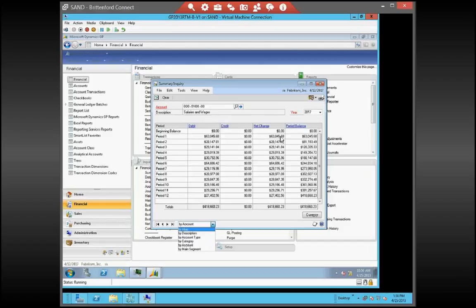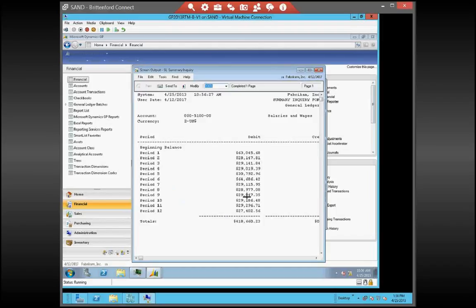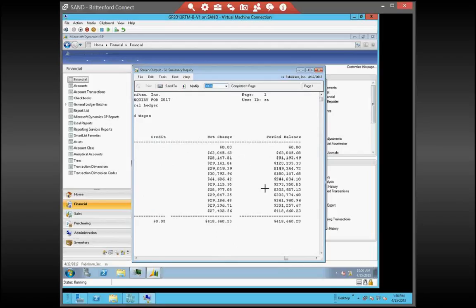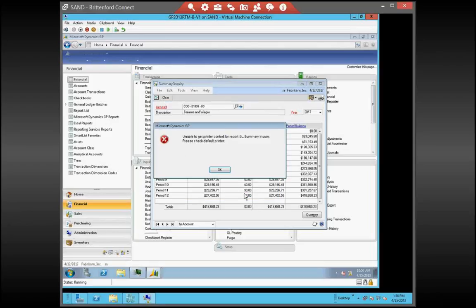I can also, from here, click to print this inquiry window. So we're going to go ahead and click it to the screen. And it gives me this summary, and maybe I want to attach that to something, or I can send it to someone if my email is set up. I can also send it to the printer, and